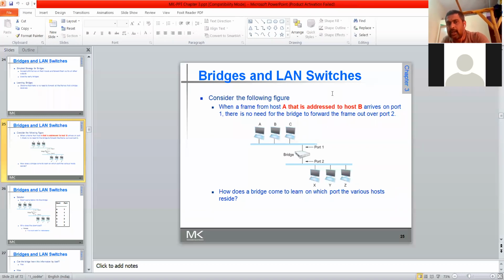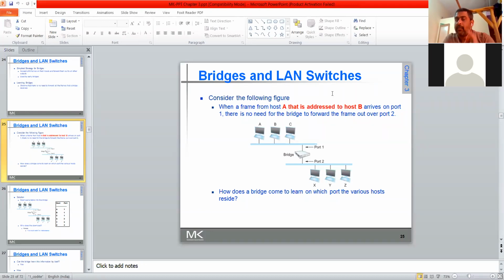Host B is also connected to the same bridge. It arrives on port 1. There is no need for the bridge to forward the frame out over port 2. Why? Because host B is also connected to port 1. That's why it will be rebounded back.